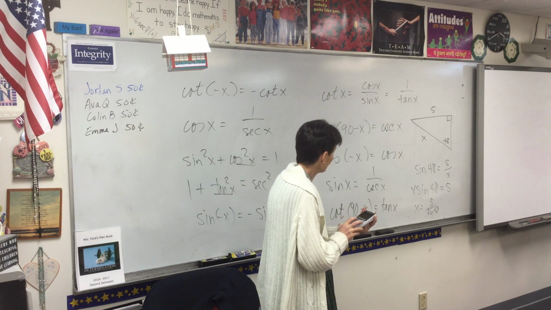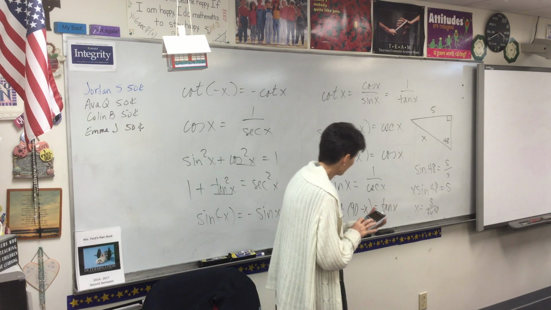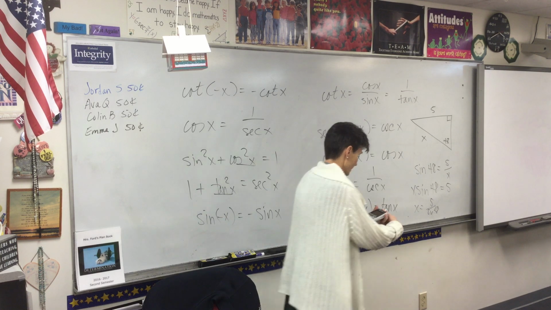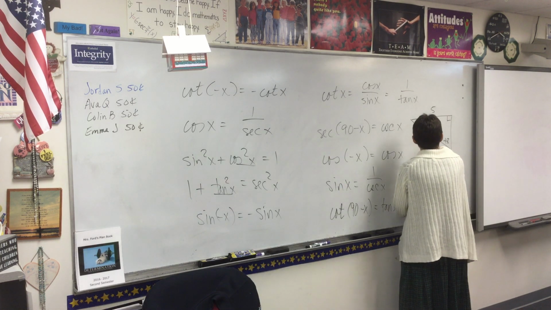So we're in degree mode. So 5 divided by sine 48, 6.73